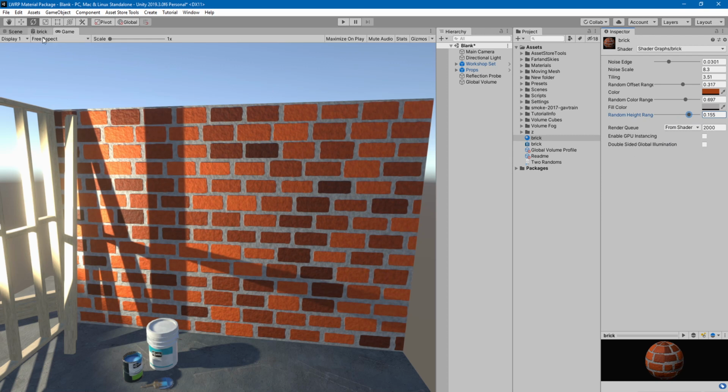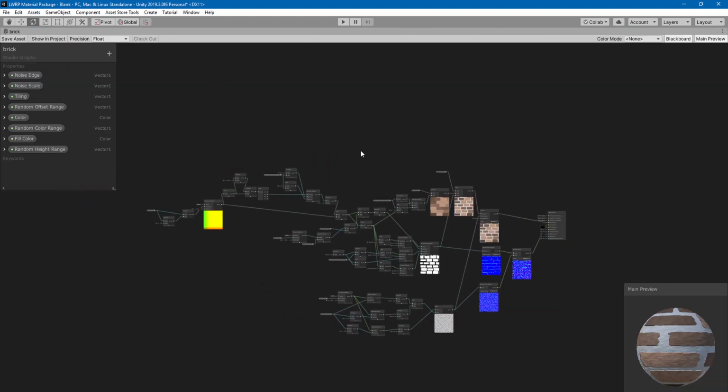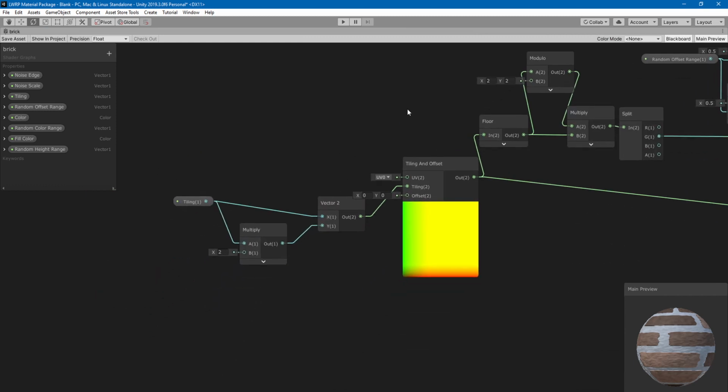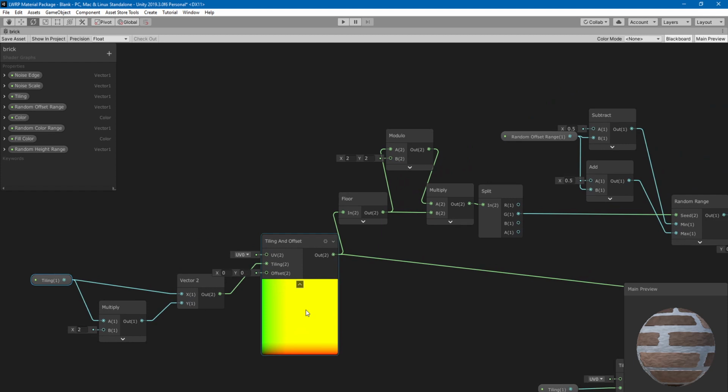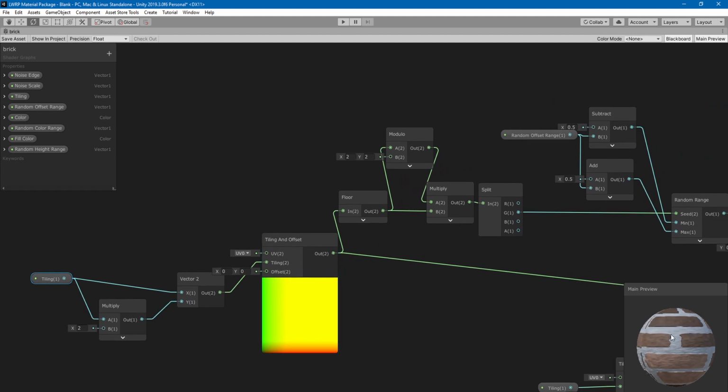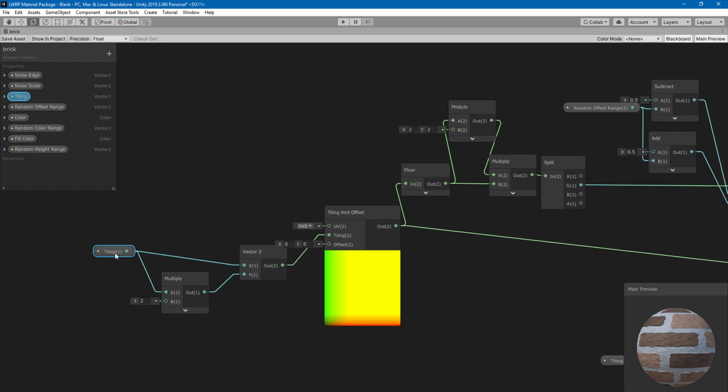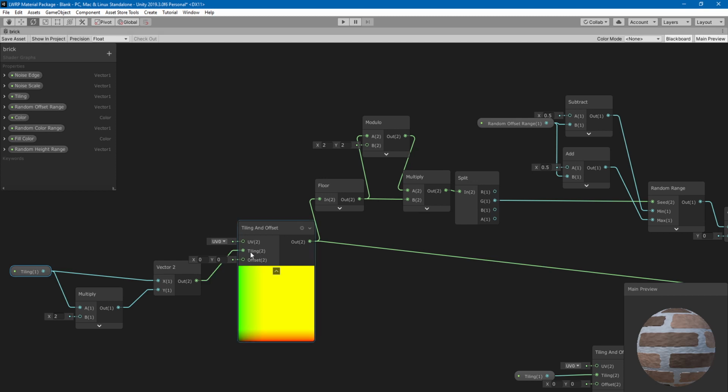Let's just jump into the graph, zoom in. All right, what I started with is a tiling parameter vector1 and multiplied it by 2 for the y, so that it squishes on the y basically, because that's the only way I could fit these together basically. So the x is just the tiling and the y is double that, which goes to the tiling